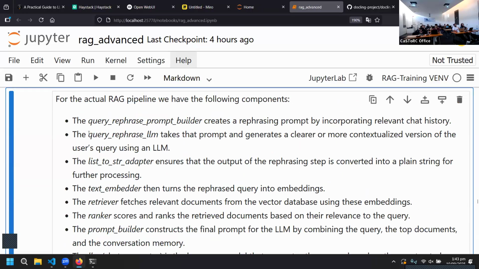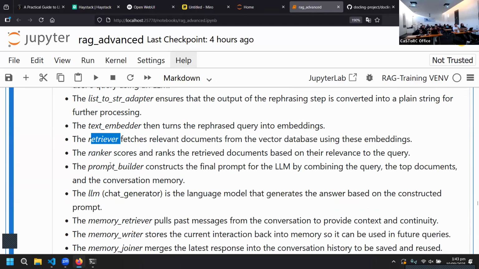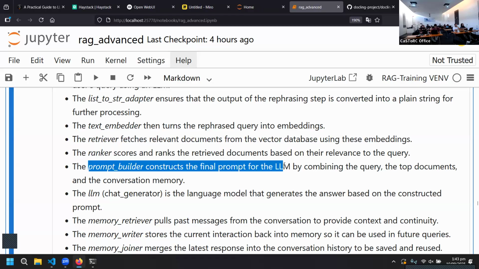Then we need the actual query rephrase LLM that will perform the rephrasing. This is a helper function to help us link the connections for each component. Again, we have the text embedder like before. We have the retriever like before. And now we have the ranker that I explained earlier. Then we have another prompt builder for the final LLM,